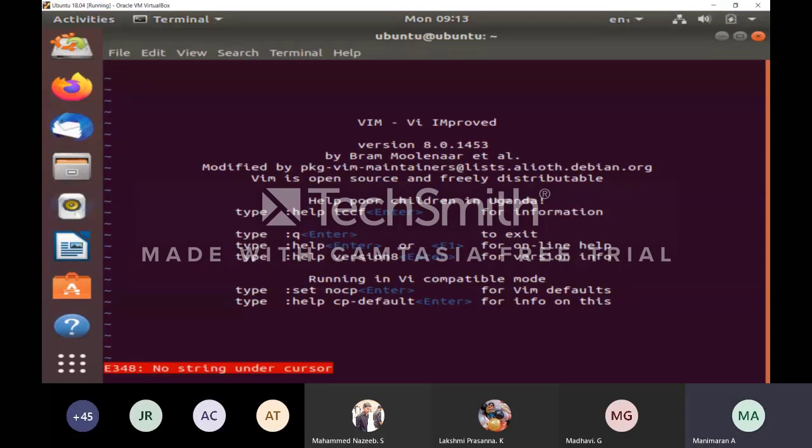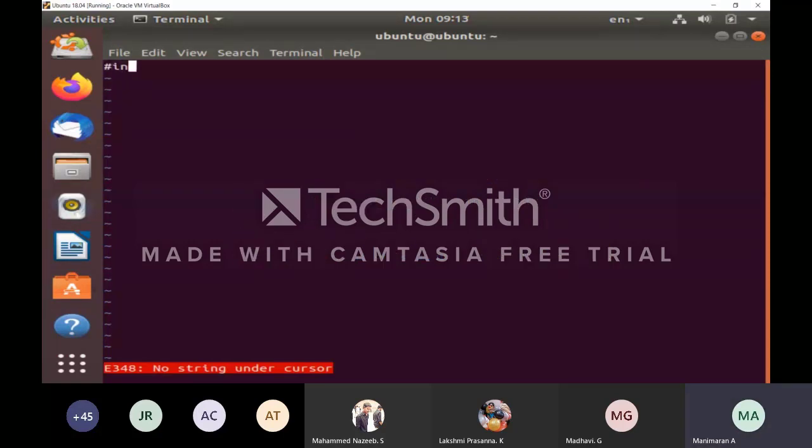First enter into insert mode by pressing I. Include standard input output header file, stdio.h. After that, I'm not going to return any value, that is why void main. So here open braces. I can print only a statement.